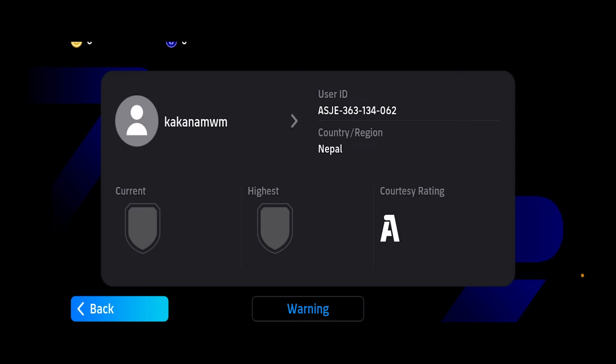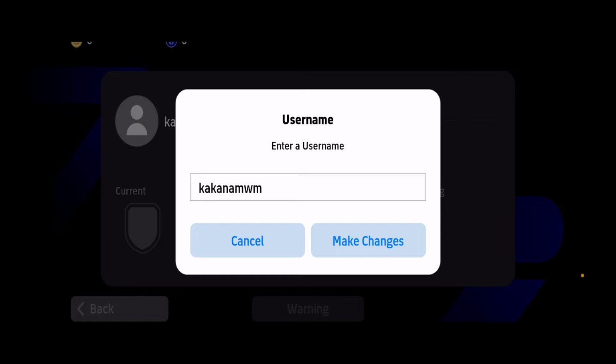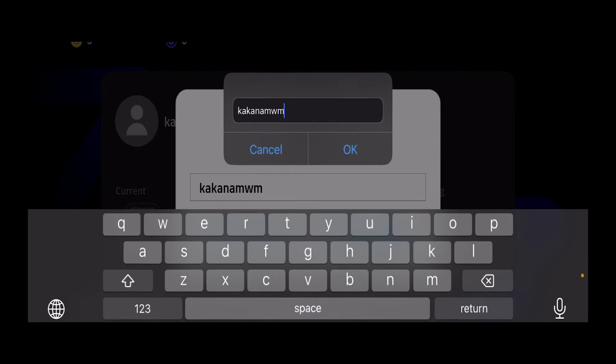From over here, you can see your current username. So my current username is KAKA and some random numbers and digits. So over here to change it, I need to click on the current username which I have. Once I click on it, it's going to show me this option. From over here, I can remove the current username which I have by clicking on it and enter a new